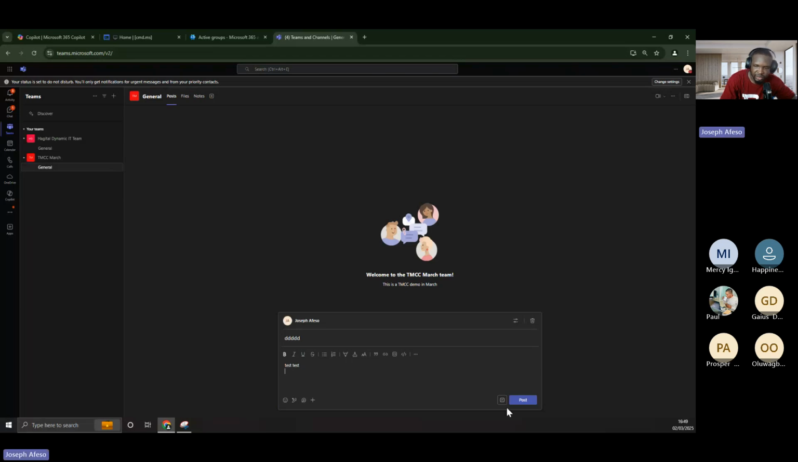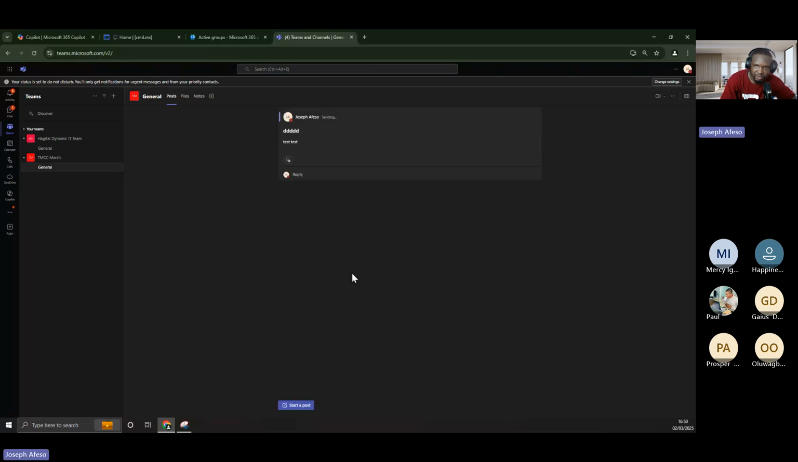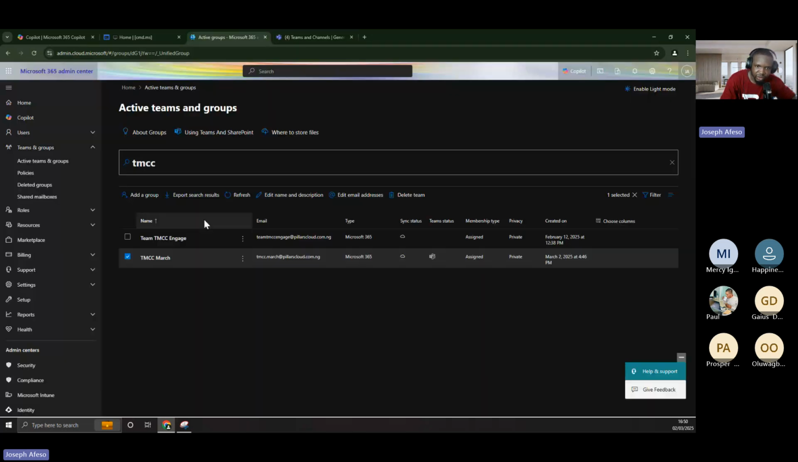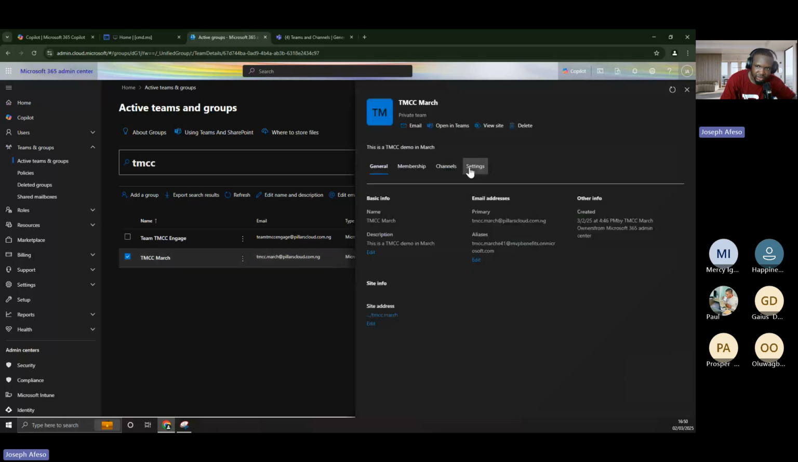Remember it was created as a team. So once I do this, now if I click here, because I have removed deleting and editing from the settings, you'll see that I will not be able to delete, I will not be able to edit. But if I want the users to be able to do that, I will just come here, come to settings, and then